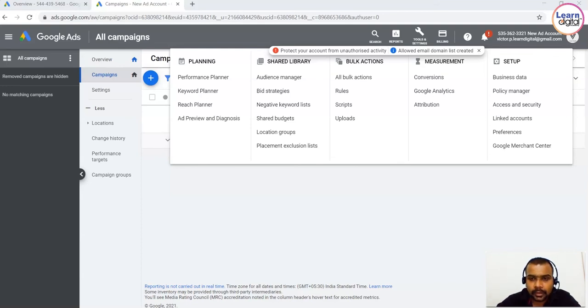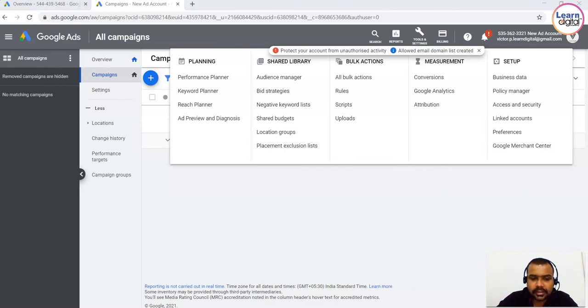system as well. So towards your right, you can see the conversion that is under measurement, and we have Google Analytics and we have attribution over there. Now, what is conversion? So conversion, as the name says, conversion. To make it easier to measure your progress towards your defined goal, you can set up conversion tracking as you create a new campaign. If you don't have conversion tracking in place, when you create a campaign, you will see a new